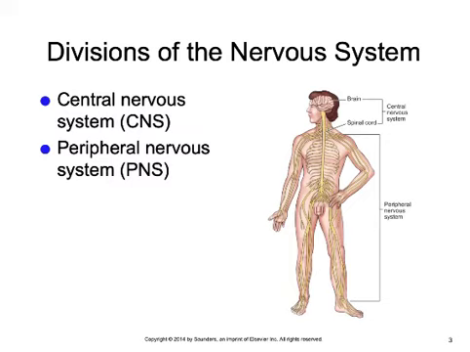Okay, so the two anatomical divisions of the nervous system are the central and the peripheral nervous system. The central nervous system is made up of the brain, the brainstem, and the spinal cord, and the peripheral nervous system is made up of the peripheral nerves, which is everything else, and that connects the rest of the body to the central nervous system. The job of the nervous system is to take stimuli, which are physical changes in the environment or inside the body, and turn them into electrical information, and then pipe that electrical information into the central nervous system,